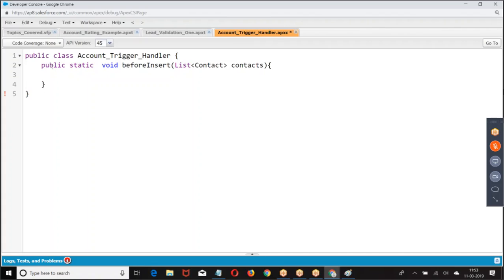Now look at the point. These are the contacts which I was trying to insert. Now, first I have to get what? The contact's account. Who is the account for you? If I am inserting a contact, my parent record cannot have more than 2 child records. Okay. Now, first take the list of